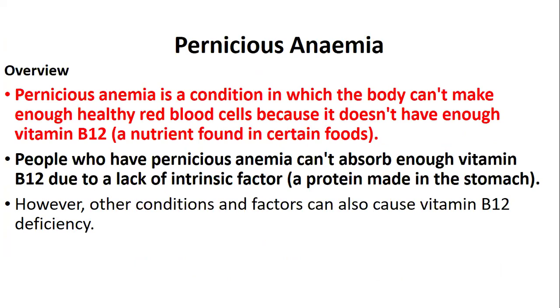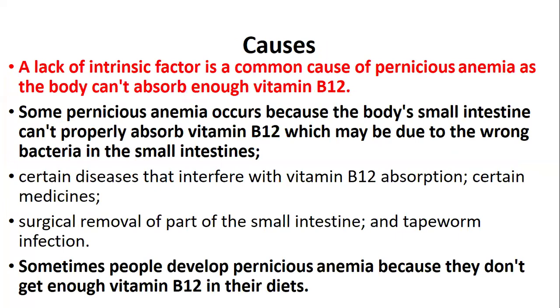Pernicious anemia is a condition also, which we are talking about. It is a condition in which the body can't make enough healthy red blood cells because it doesn't have enough vitamin B12, which is a nutrient found in food. People who have pernicious anemia can't absorb enough vitamin B12 due to lack of intrinsic factor, which is a protein made in the stomach. So the production of this intrinsic factor will allow us to absorb vitamin B12, which is usually carried